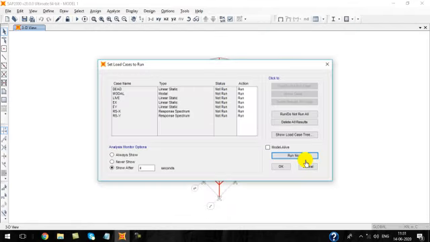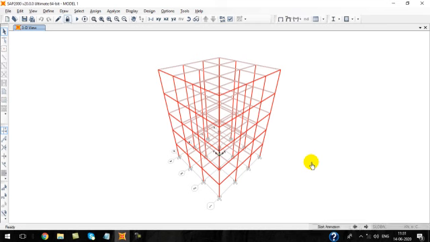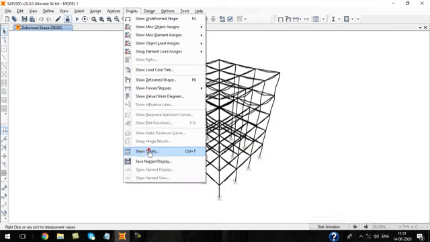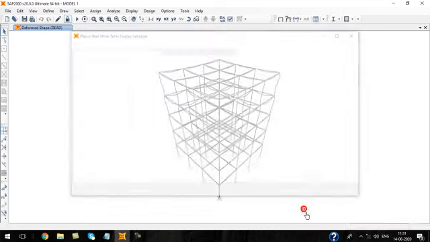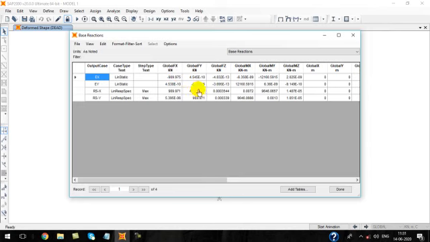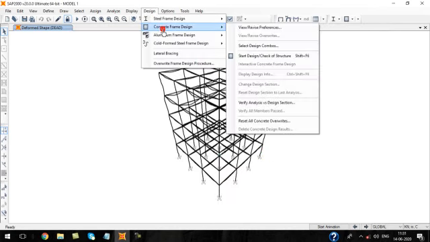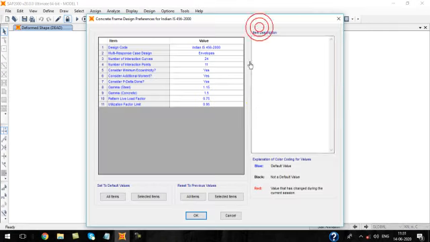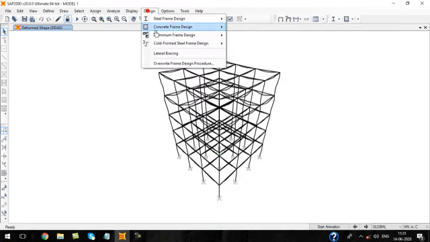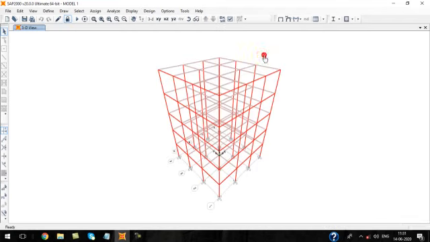Now redo the analysis and go to show table, check the value 909, 909, 909. Okay, then fine. Now go to design, it is IS only, start design and check the structure.